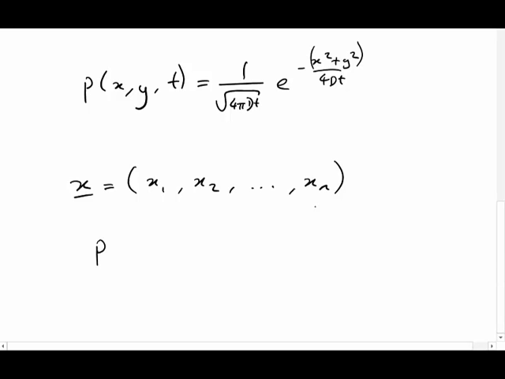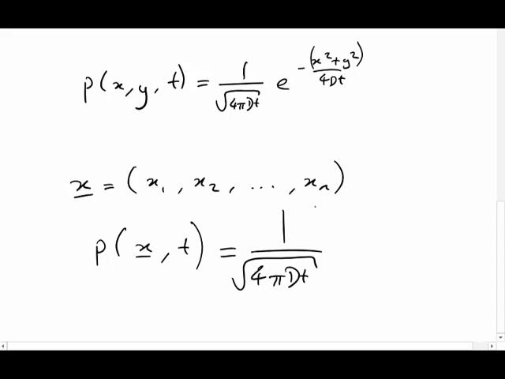So in other words, we have the probability, introducing my dimensions, equal to 1 over the square root of 4 pi Dt, times e to the, this time, modulus of my vector squared, over 4Dt. That's just going to be a modulus because it's going to be symmetric across all dimensions. I'm going to have n different dimensions, so when I square it, it's a bit like